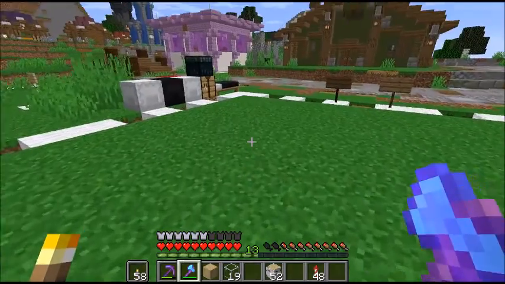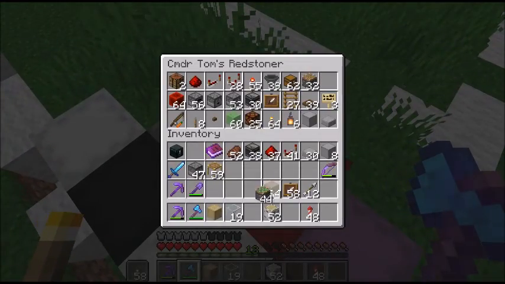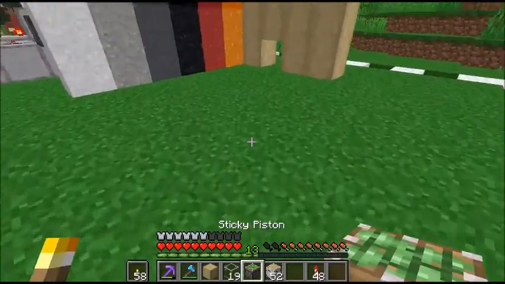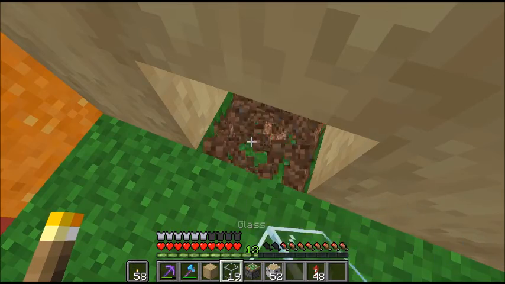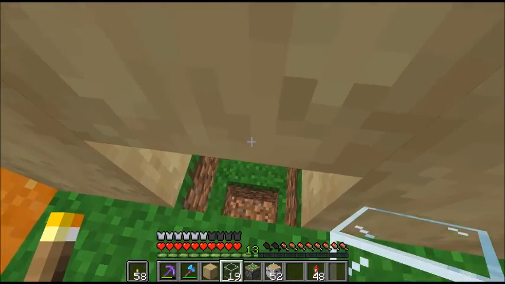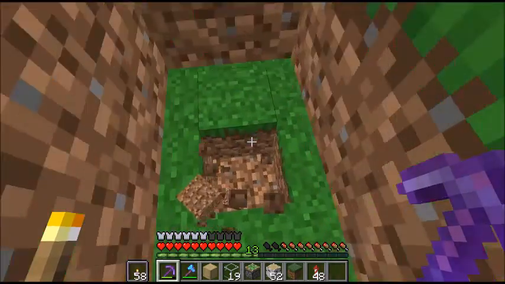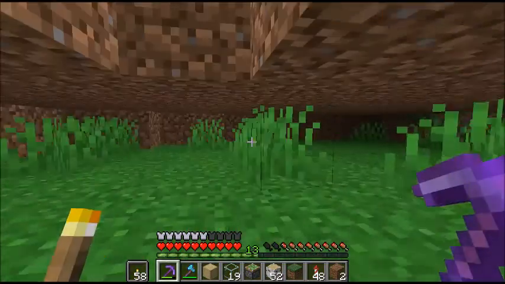Do I have my sticky piston? I need a sticky. Okay. Thank you. I love the redstone toolbox. Okay, so we're going to need to drop a hole there. What? That's an odd hole. I think this is terraformed land that Bridge did. I didn't think...